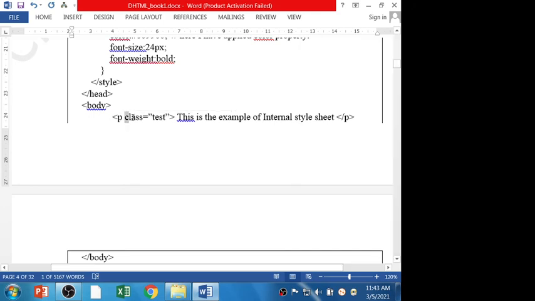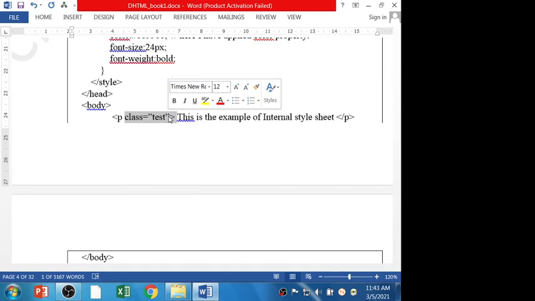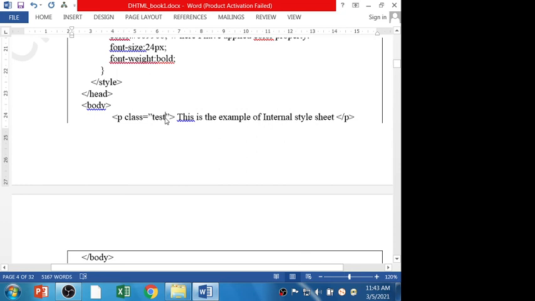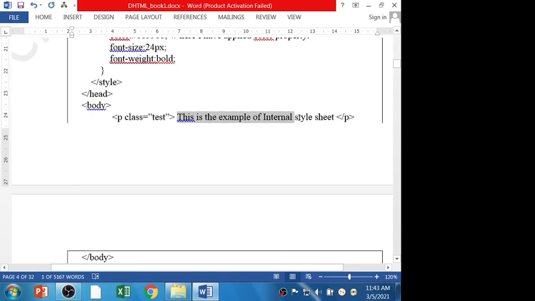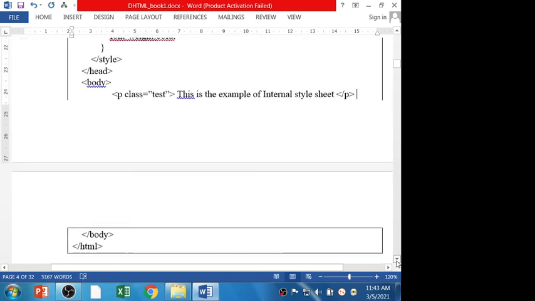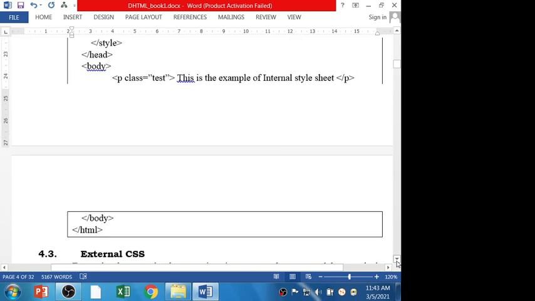So I have used class as an attribute of the p tag and I have called that class name without any symbol. In double quotes you can see that I have mentioned the class name which I created earlier in the head section within the style tag. Whatever styles I have applied will be applied to this statement. Clear? After that I have closed the p section, body section and the head section.